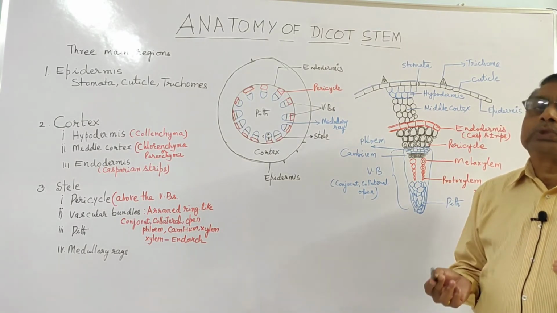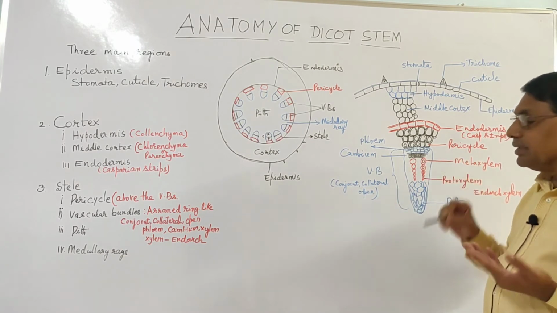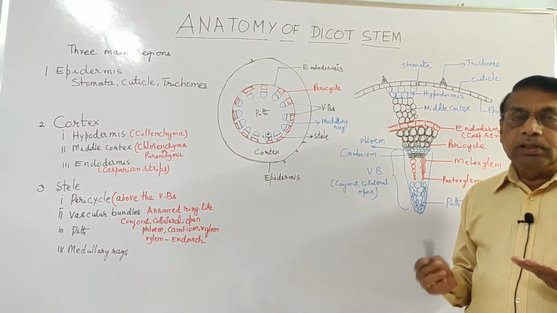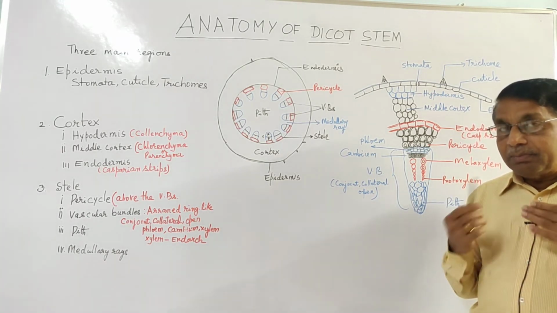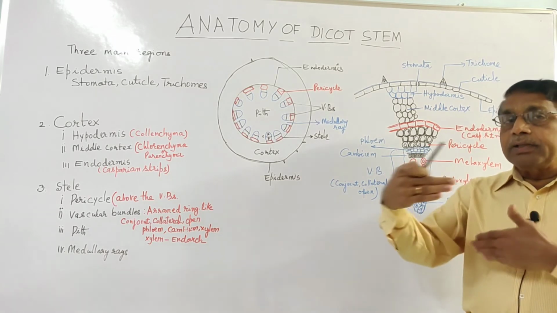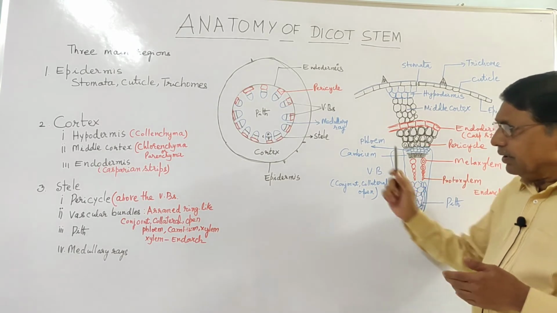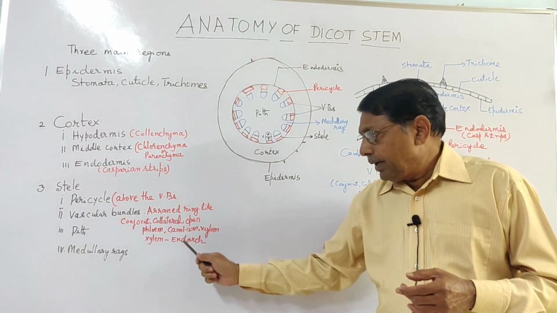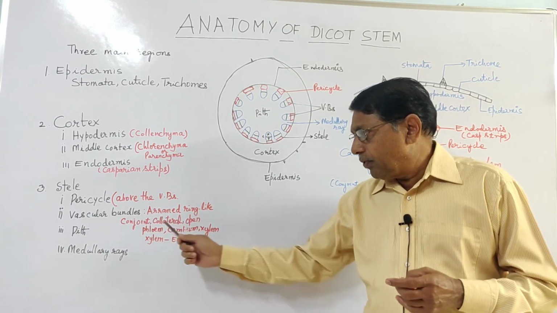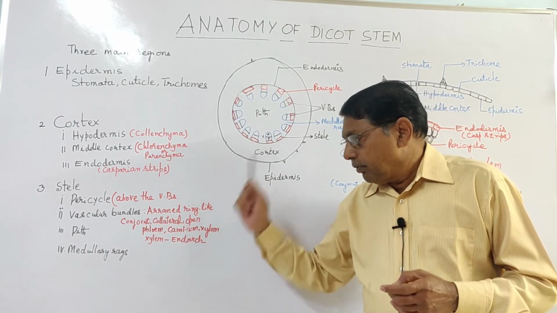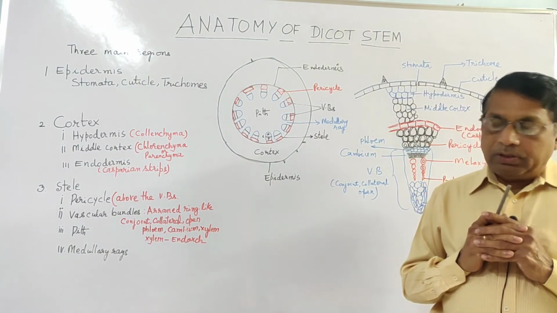Sometimes in roots, the protoxylem will be towards the outside, whereas the metaxylem is inside; that is called exarch. In some, you will find mesarch, just like in Cycas, some gymnosperms. In the middle protoxylem, on either side, the metaxylem. But here remember xylem is endarch, vascular bundles conjoint collateral open. The vascular bundles are open. Why? Because the cambium is present.